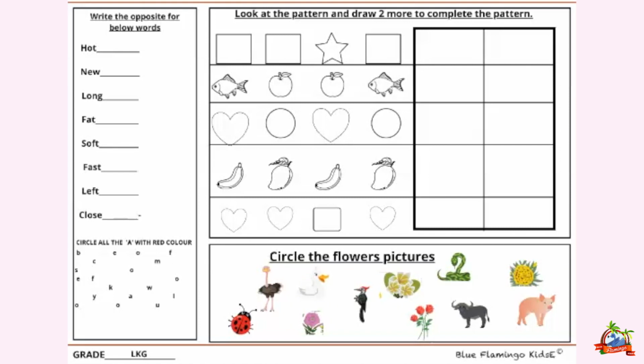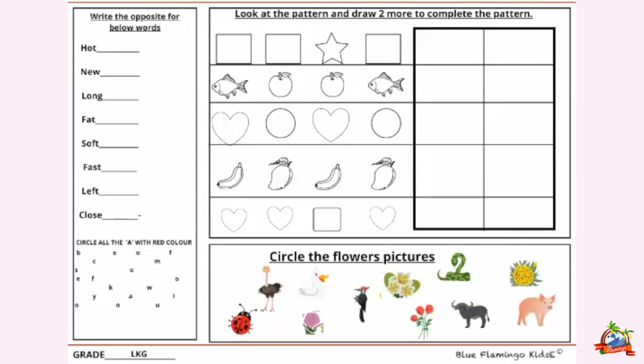So in this way you will complete English portion. Let us revise A to Z with one words. A for apple, B for ball, C for cat, D for dog, E for elephant, F for fish, G for grapes,